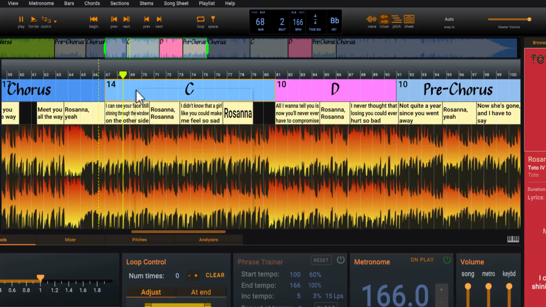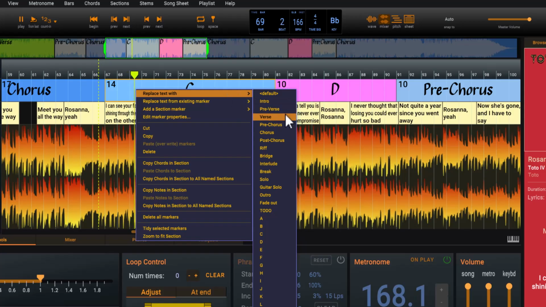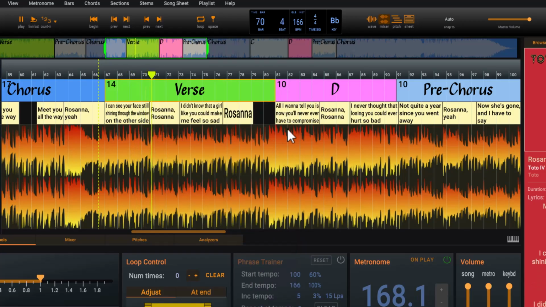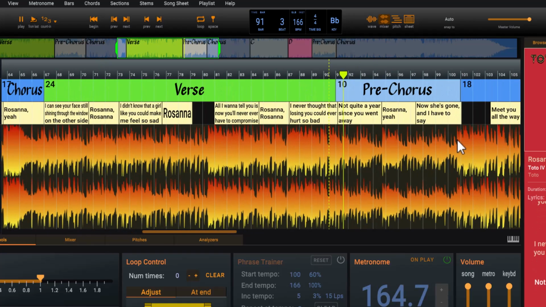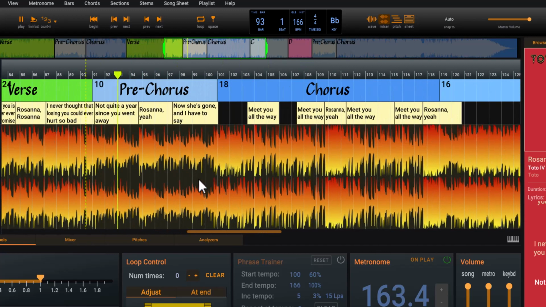Okay, section C is the verse again. And D is part of the verse, so we don't need it. That's the pre-chorus. And the chorus.